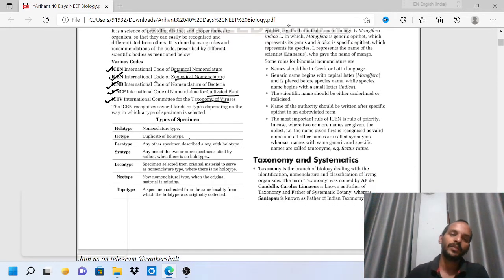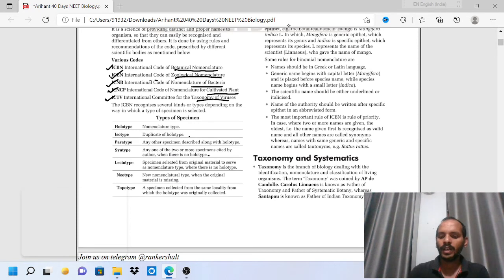There are different types of specimen. It's not too important. Holotype, isotype, paratype, syntype, lectotype, neotype. These are types of some specimens. Next,